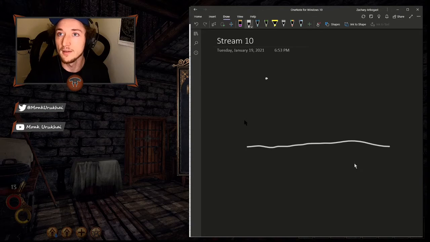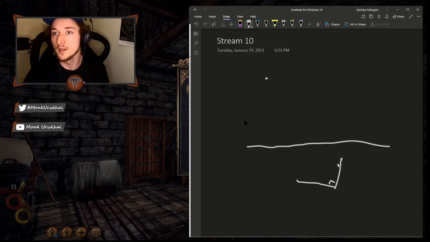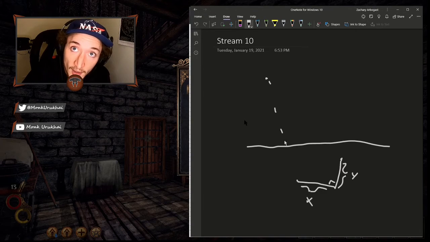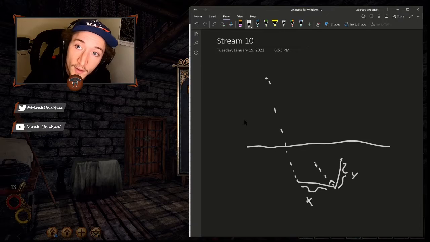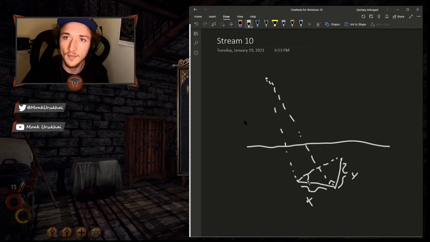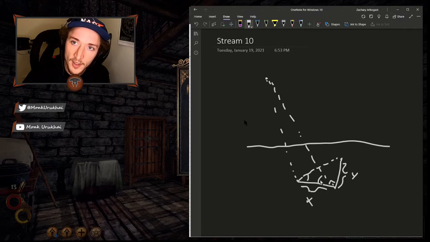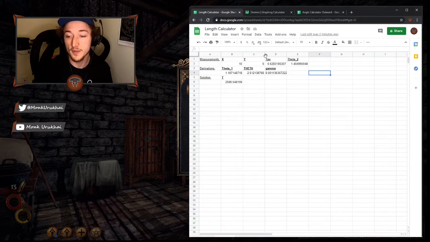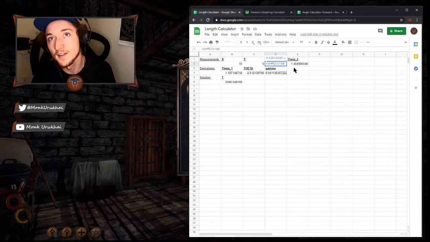We had our blocking wall that we couldn't get past. We had our close object. We had one measurement that we knew. We had another measurement that we knew. This was a 90-degree angle. This was our y. This was our x. And we had these dotted lines that represent measurements that we took. And what are the measurements I'm talking about? Well, I'm talking about measurements that I forget the name of. So first,